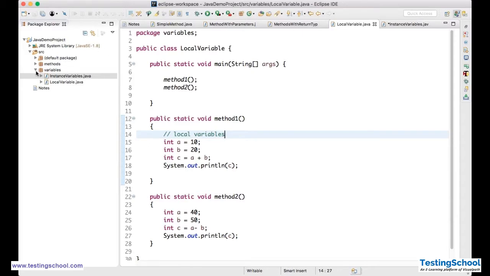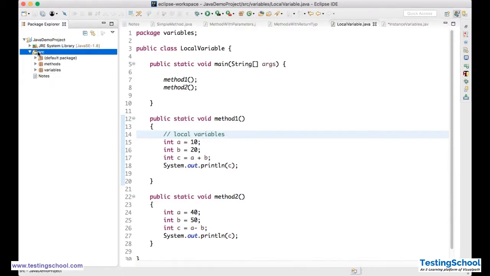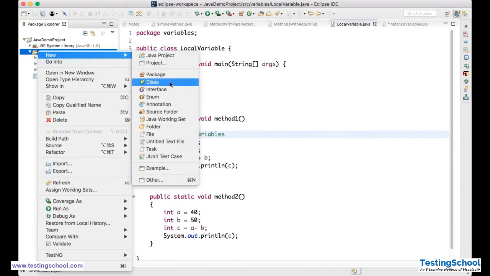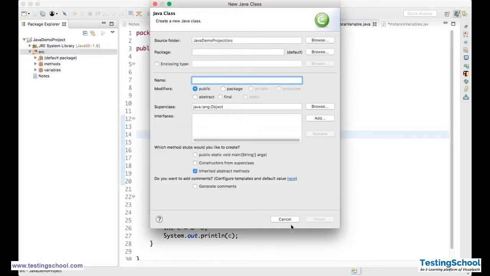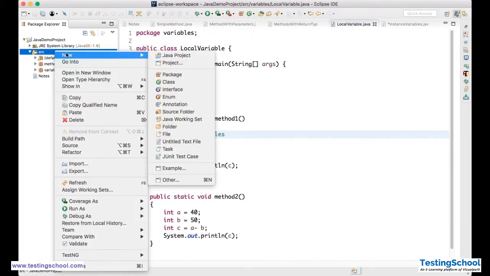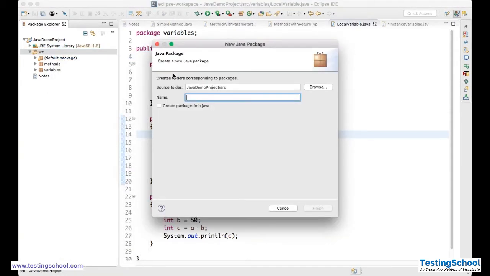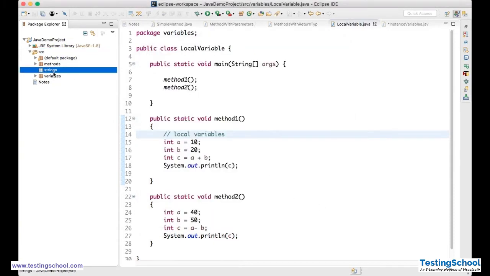We'll create a new package here, strings.